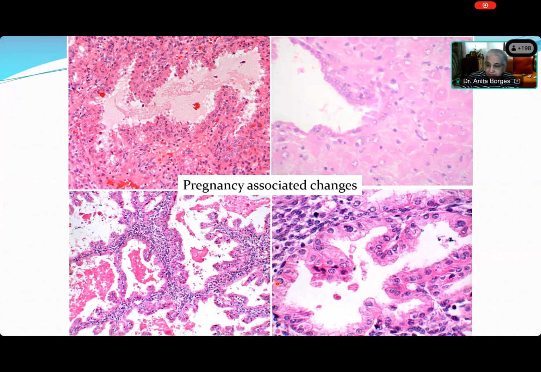And then you see other pregnancy-associated changes, the most extreme of which you see in the right-hand side corner, where the glands have nuclei showing some degree of anisocytosis. The chromatin is varying from one nucleus to another. And you see the same thing, this is the more extreme version of what you're seeing on the left-hand side. You see a large amount of secretion in the lumina. And this is what is called the Arias-Stella reaction.